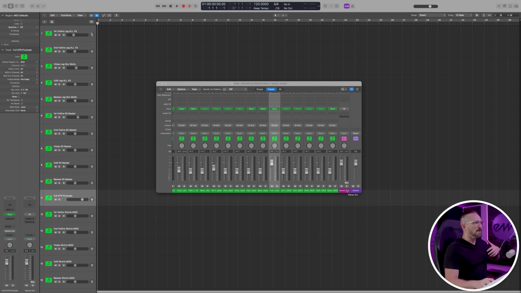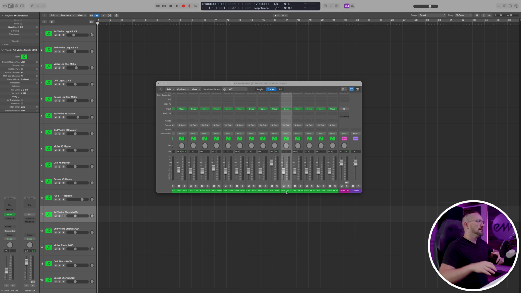So the reason we're starting with routing is that I think it's essential to understand signal flow in order to use reverb correctly. And all signal flow refers to is the way that audio is being routed in your digital audio workstation. So think of your stereo out like a really big river that contains all of the audio content from your individual tracks, your buses, and your sends. And I'll explain what all of those are in just a minute.